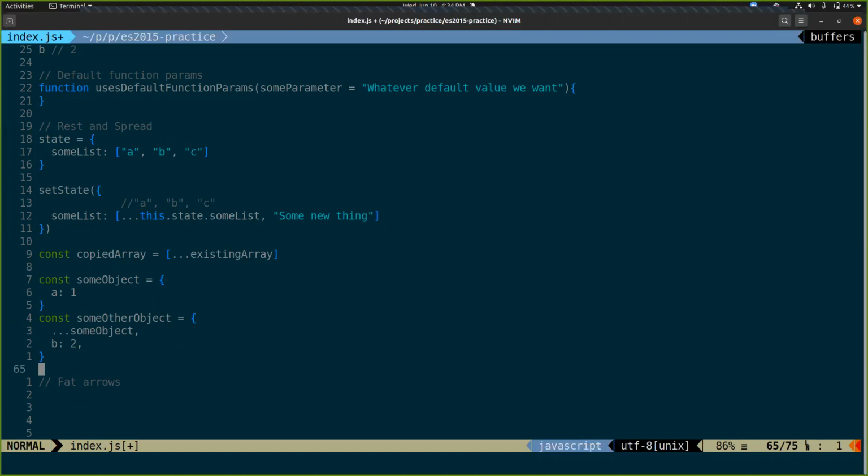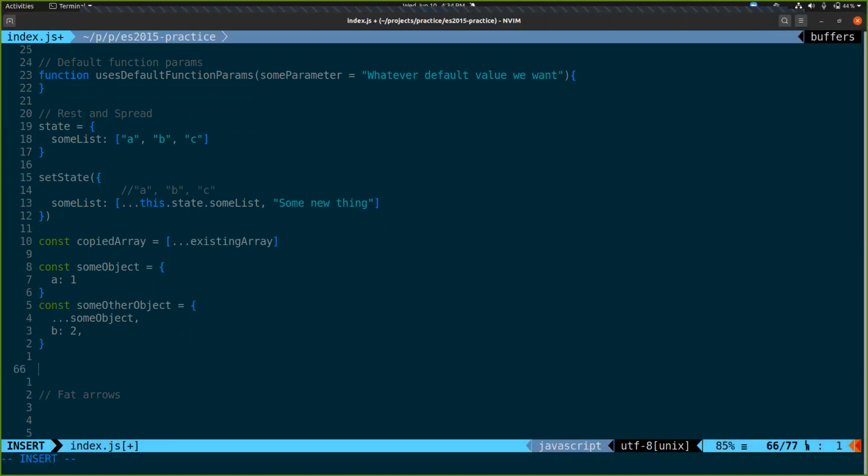Also ends up being a super cheap way to copy an object, like that. It's a shallow copy, but copy nonetheless.